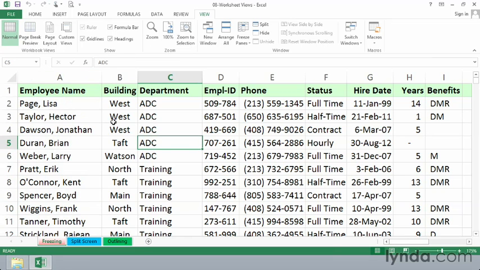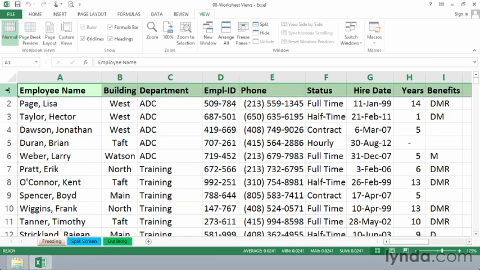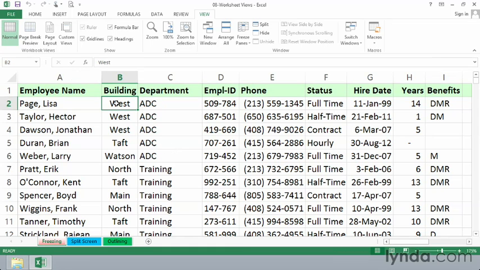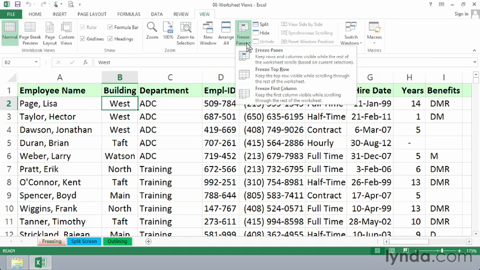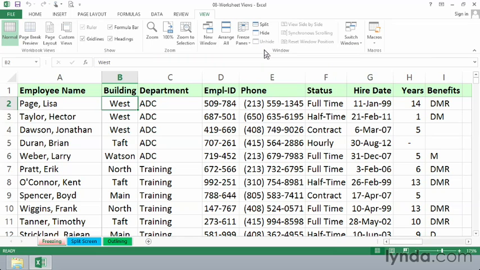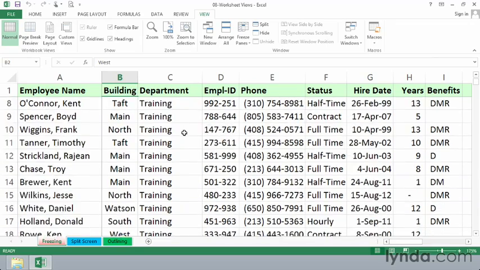Now, at the same time, we also might want to freeze row 1. So if we want to freeze both of those, click in the cell that's just below the row we want to freeze and to the right of the column. So in this case, it's cell B2. Then go to Freeze Panes and simply Freeze Panes. Now, there is a subtle difference on the screen. The column separator, the row separator, is slightly darker than the others,